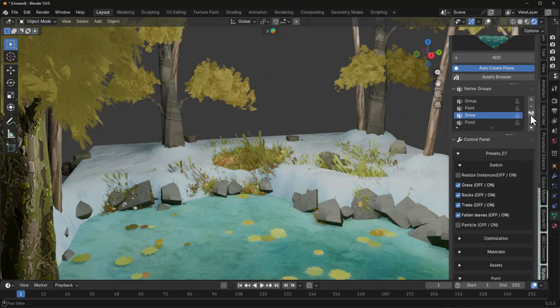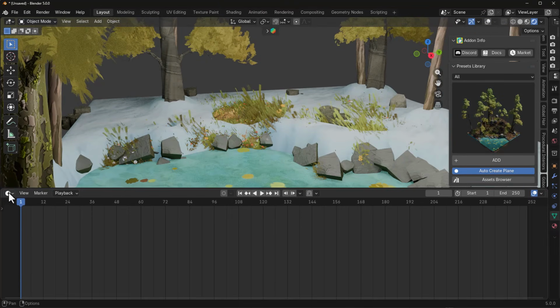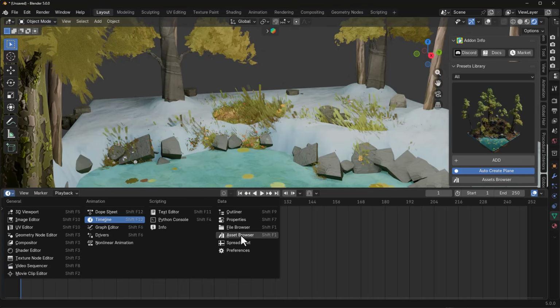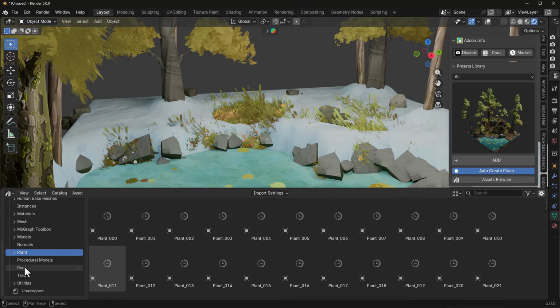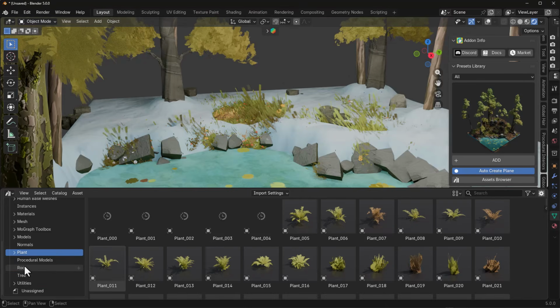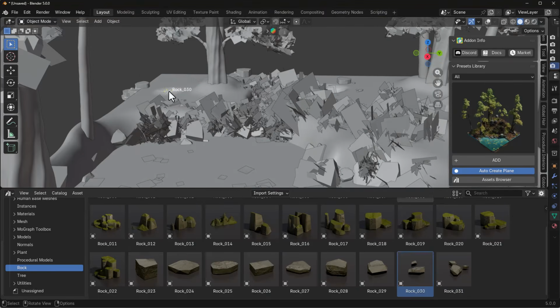Something else which is also pretty interesting that you might want to explore are the assets. There is a ton of assets right here. If we simply go over to the asset browser, scroll all the way down to where we have the trees and also the rocks and plants, you do notice that you have a good number of these things. You can select any of them and drag them into your viewport